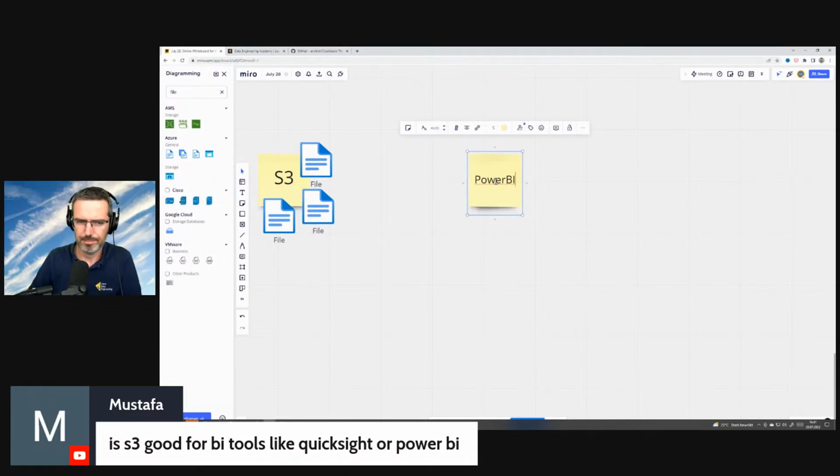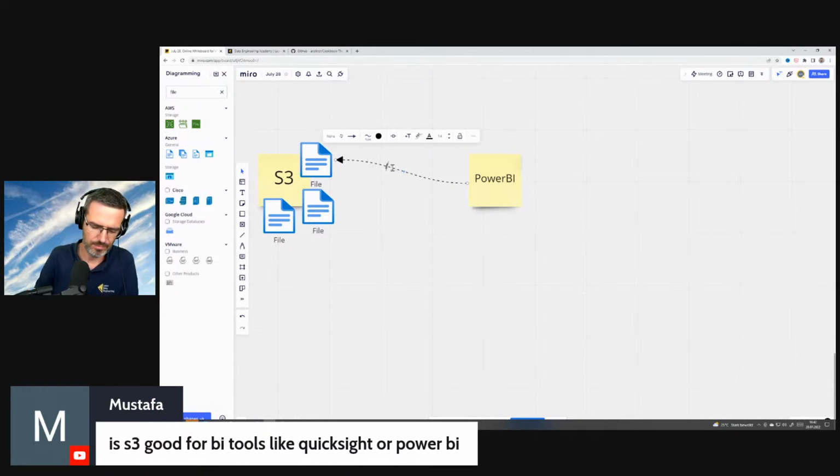So when you access these S3 files, to work with these files, one thing you need to do is actually get these files, right? You need to load these files into your Power BI and work with them. That's what you don't want to do. You want something like what we've discussed before.